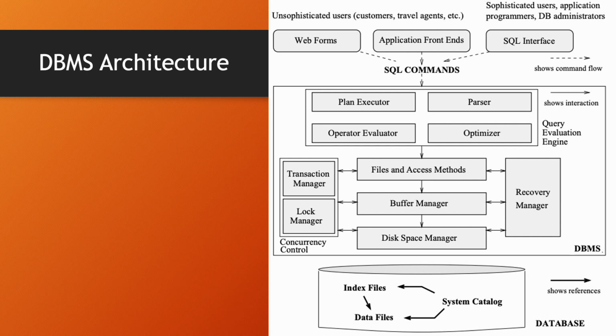Then on the left, we have concurrency control components such as the transaction manager and lock manager, which talk to files and access methods, buffer manager, and disk space manager. Then we have the system catalog, which contains the metadata about data files and index files, and also the metadata about